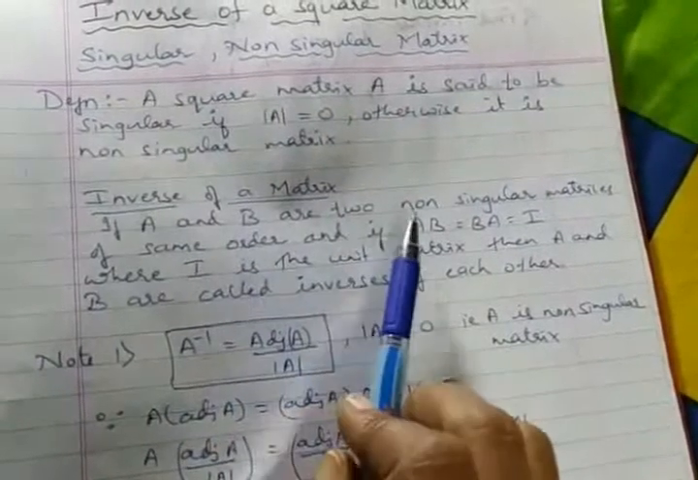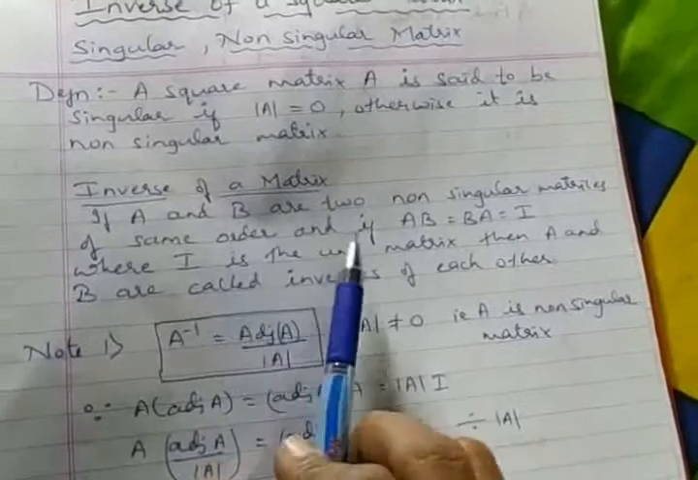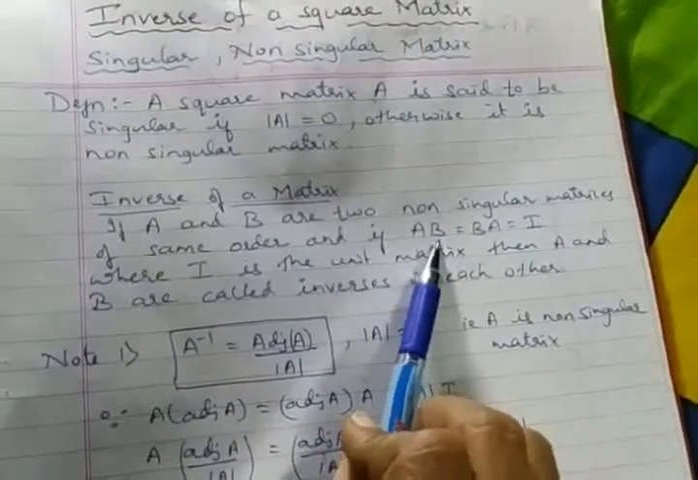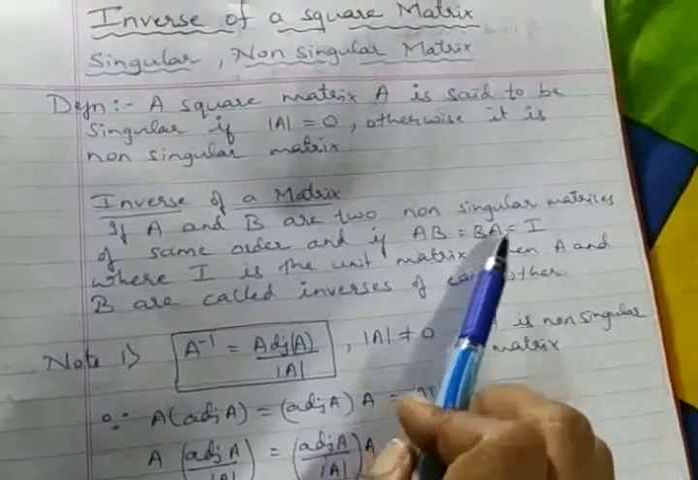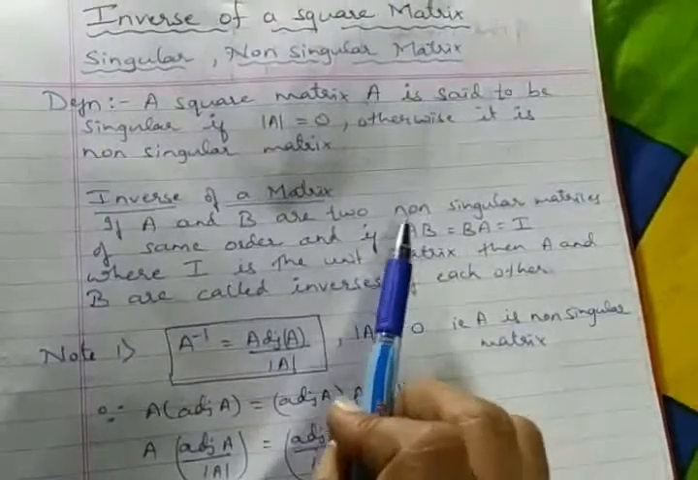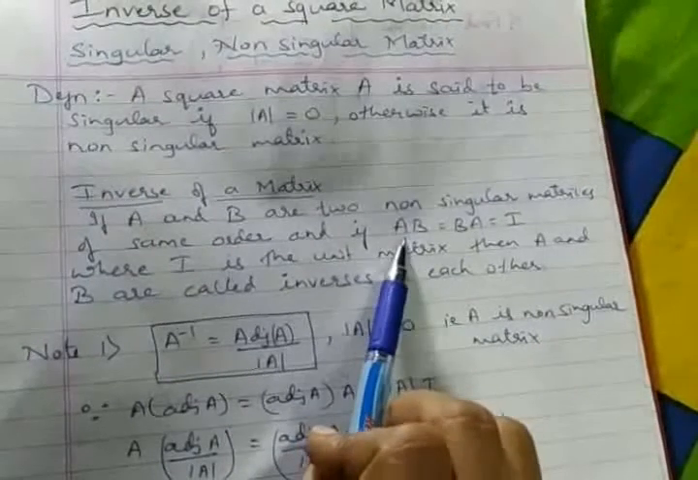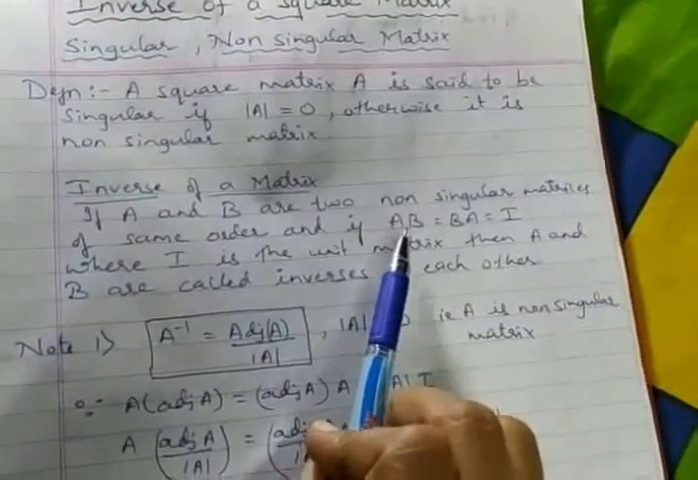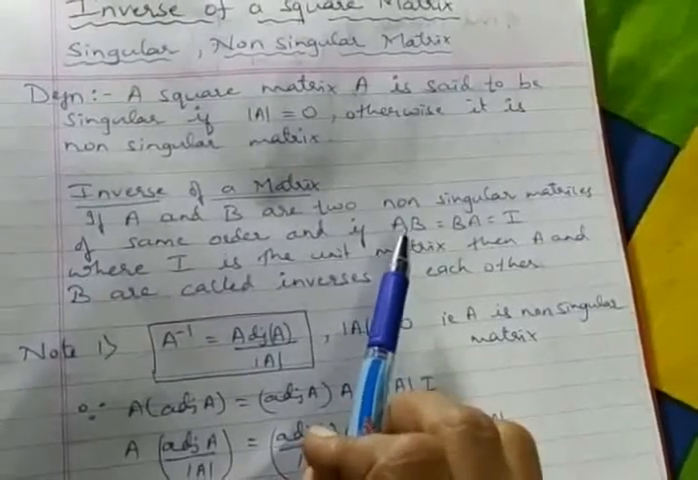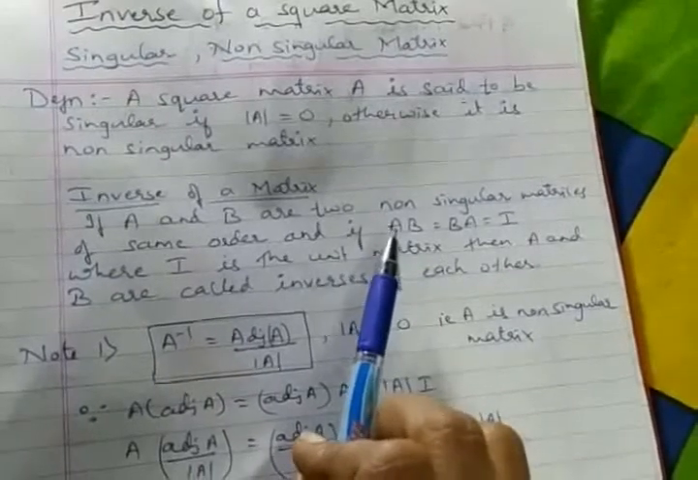If A and B are two non-singular matrices of the same order, and if this condition is fulfilled, A into B or B into A should give us the identity matrix. This definition you people are learning in many chapters, but the main part you learn in detail in the first chapter called relations and functions, where you speak about commutative property, associative property, identity element,